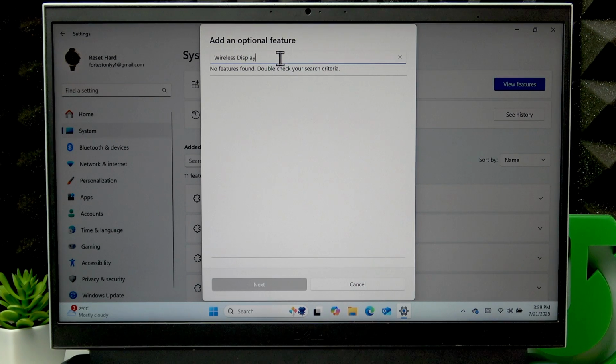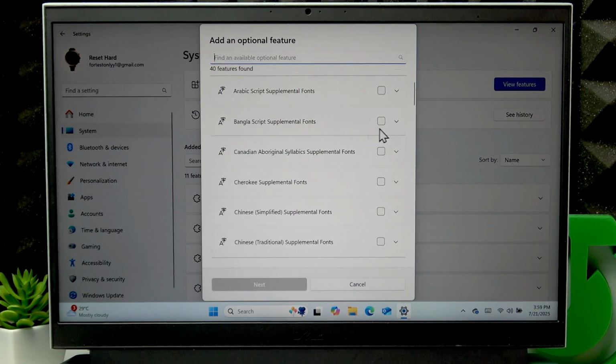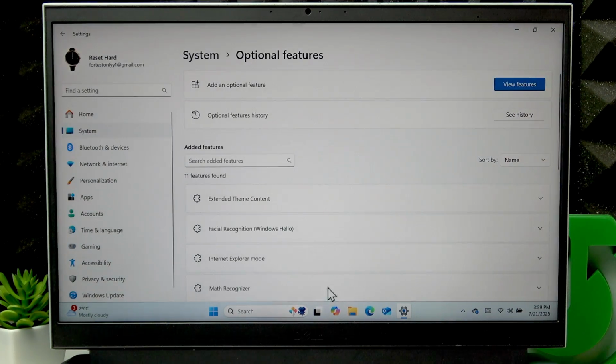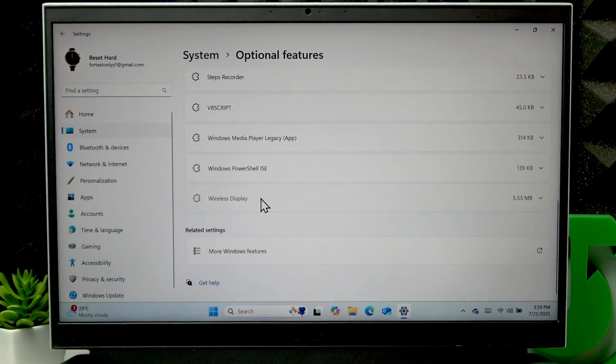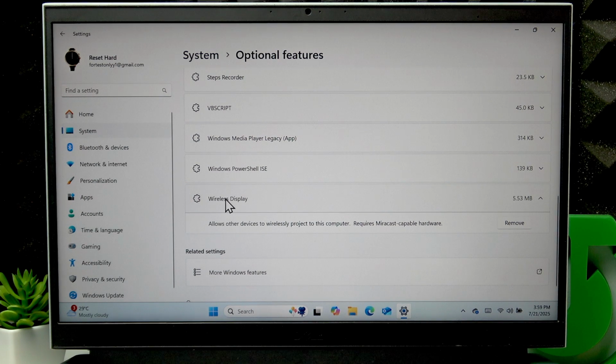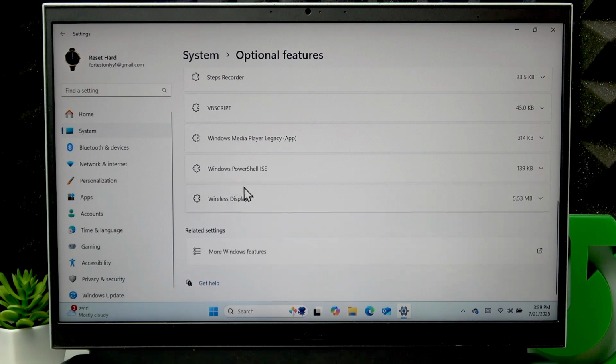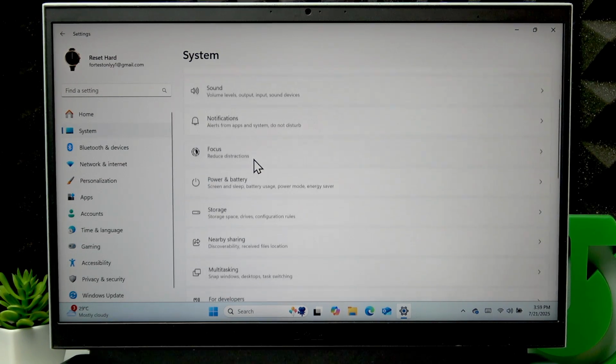Once you find it, hit the checkbox next to it and click Download. And once you download and install it, you will see it on this list. As you can see, for me it's already downloaded and installed, so I can go to the next step, which